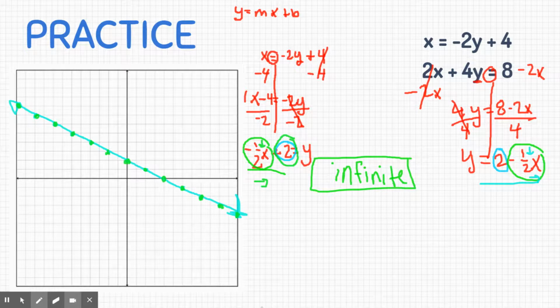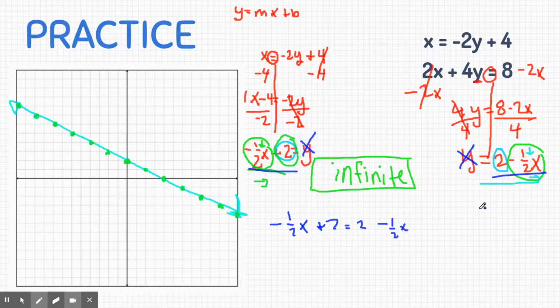Now, if I wanted to prove this via substitution, once again, I'm plugging in for y. So I'm going to cross out my y's here and set them equal to each other because they equal y. So I'm going to have negative 1/2 x plus 2 is equal to 2 minus 1/2 x. This time I'm going to bring my x's to the left and my numbers to the right. Again, it doesn't matter which direction you do it as long as x's are going a separate direction than the